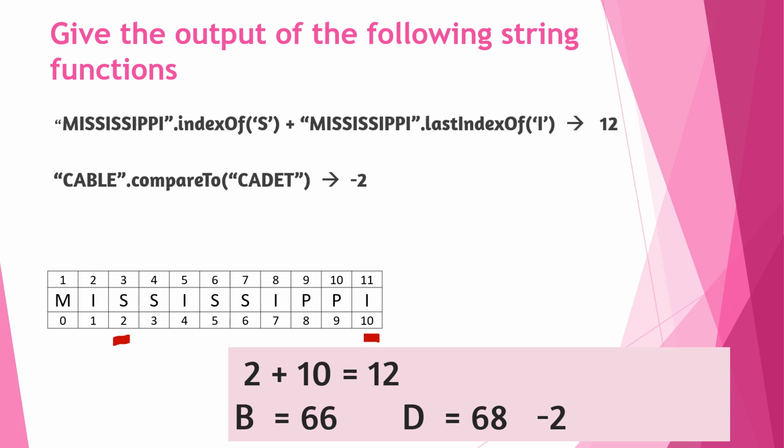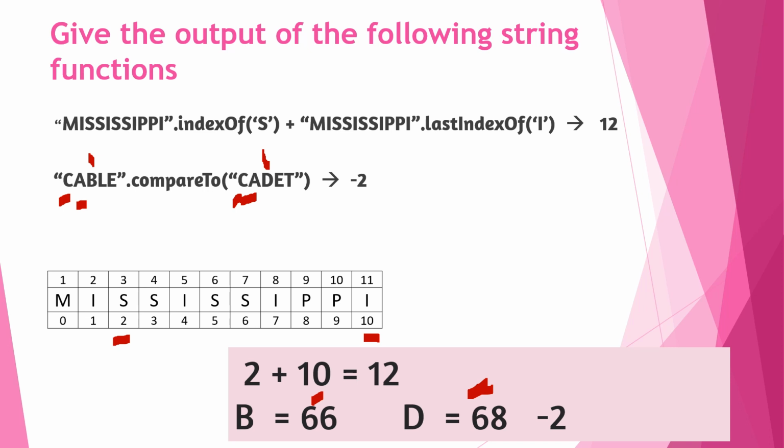Now here we can see the characters one by one where the difference is coming. Case wise and character wise, the first one is the same, C, so no checking. The second one is A here and here also, and case wise it is also the same. Now it is coming B and D, so here the first difference is coming. Take the first character where the difference is coming and find the ASCII code. A is 65 and B is 66, C is 67 and D is 68. So the ASCII code of B is 66 and the ASCII code of D is 68. 68 minus 66 is 2.